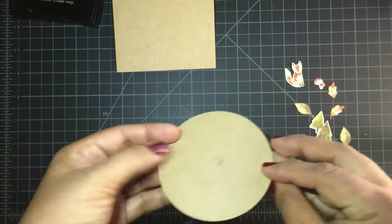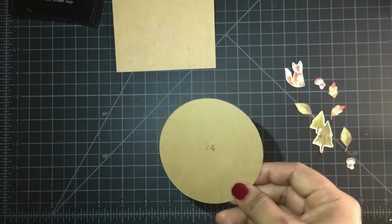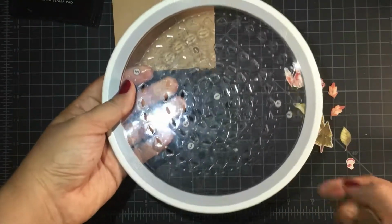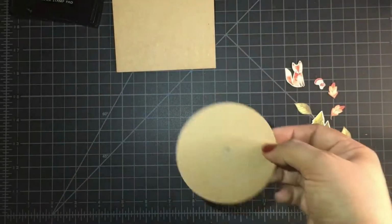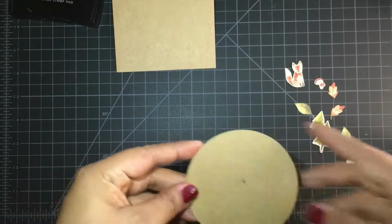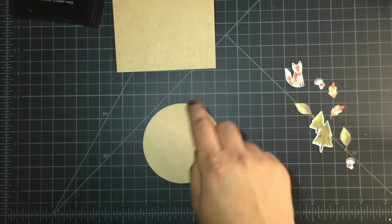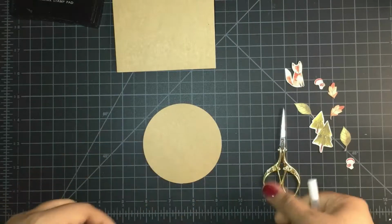You're going to use a circle. It's a 3 3/8 circle. I went ahead and cut this out with my EK Success tool, and it's a circle cut, old-fashioned style. You could use a punch if you have it, or you could use your electrical cutting machine. I went ahead and did that, and you're going to need scissors to fussy cut, and you're also going